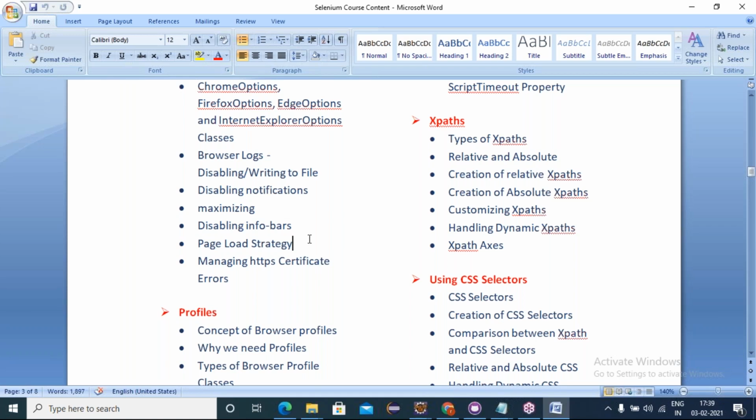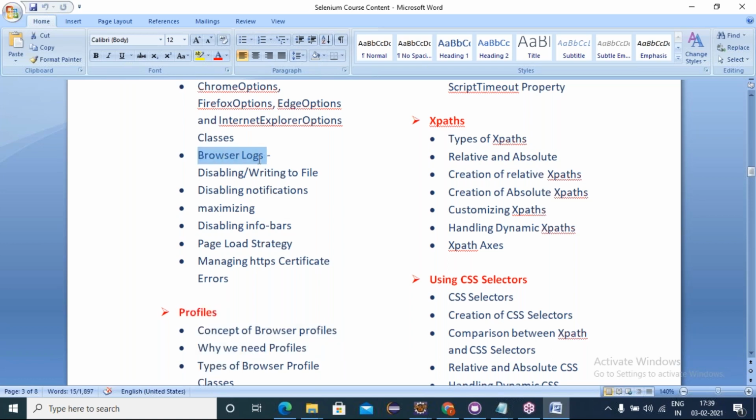In that case, what we have to do is take control of our browser. Yes, we have to take control of our browser. So how can we take charge of our browser? By creating browser profiles. For every browser, we have to create its own profile, for the Chrome browser, the Firefox browser. On those created browser profiles, we do all the necessary settings.